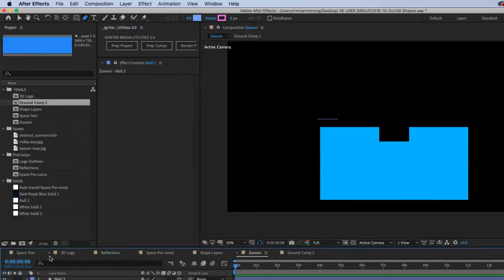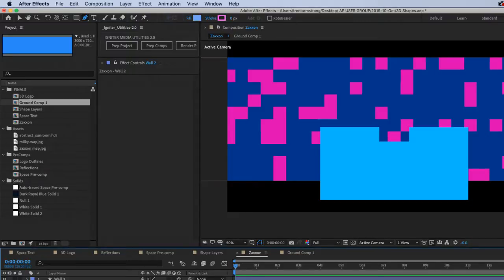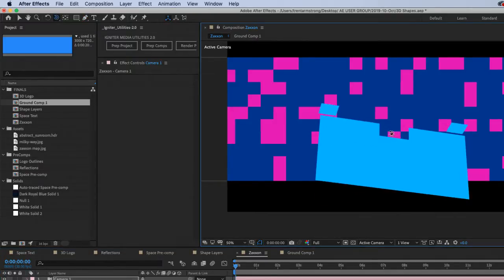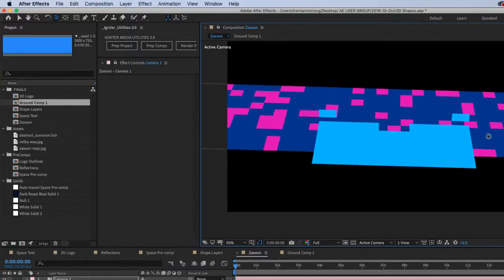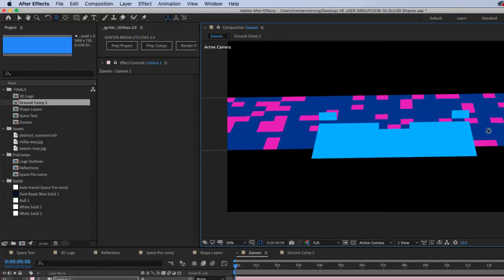And now we can actually probably start putting the level together. So there's my camera, and my camera is going to turn like that.